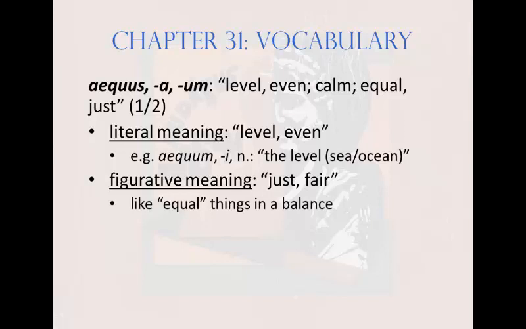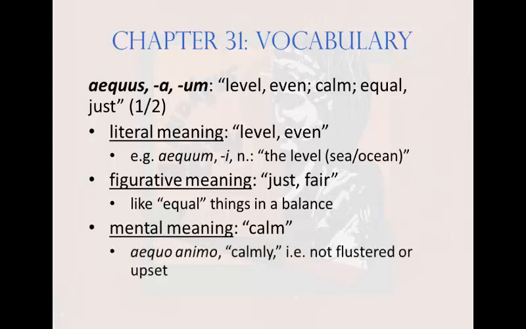This sense stems from the image of level scales in a balance. Finally, this adjective has another sense, a mental one, calm, seen, for instance, in the idiom aequo animo, literally, with a level mind, meaning calmly. It's an ablative of manner missing its cum, as ablatives of manner can do when there's an adjective like aequo